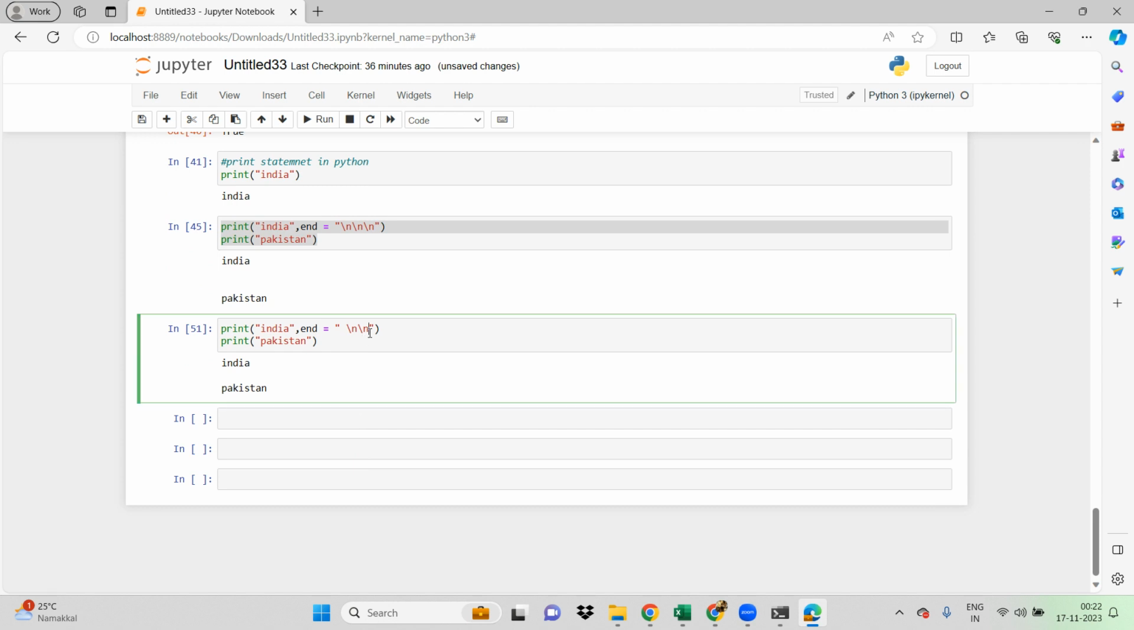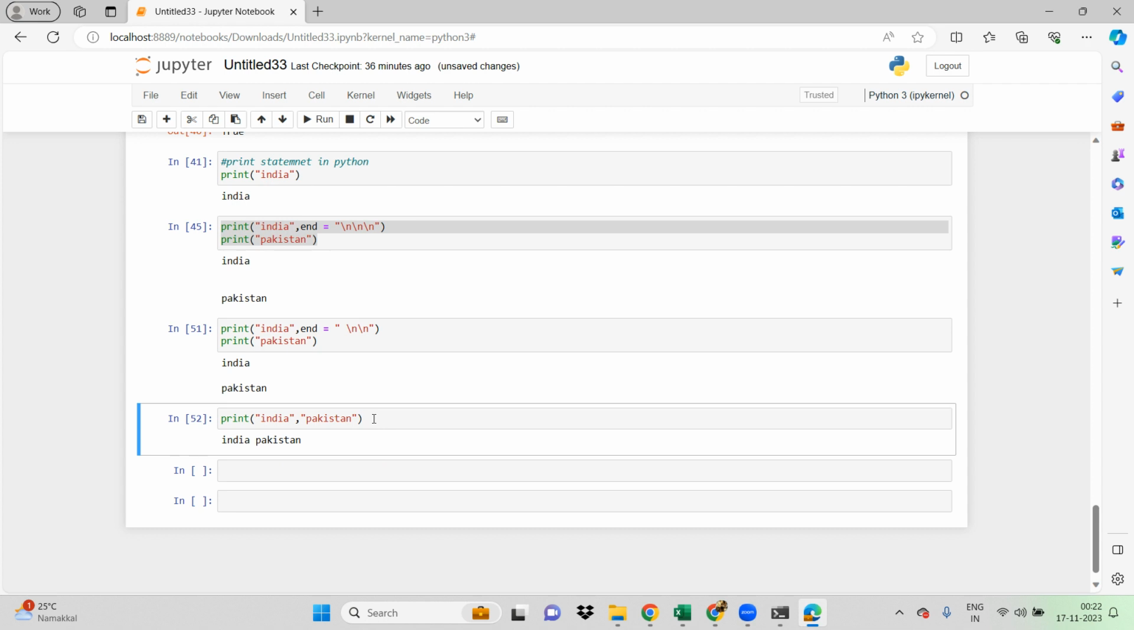Now, what is meant by separator? For example, I am printing India and Pakistan in the same line. It is giving me India and Pakistan. Now I want to add some separator to it. So I'm giving sep equal to comma. Whatever statements you are printing in the same line, you want some separator to separate these, correct? Right now I'm using a separator called comma, which automatically separates these two statements by using